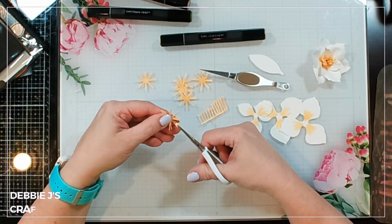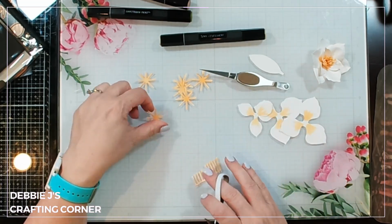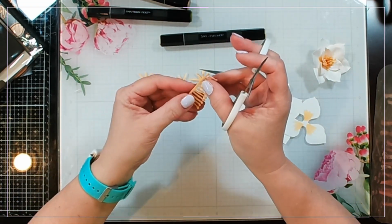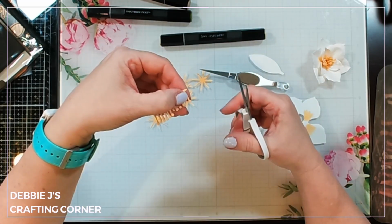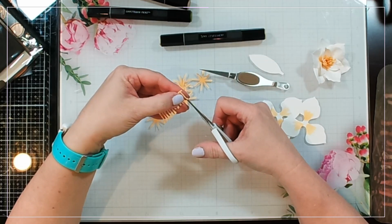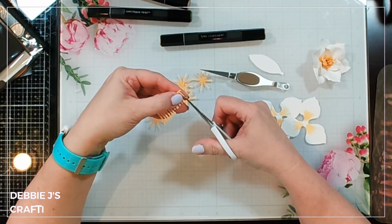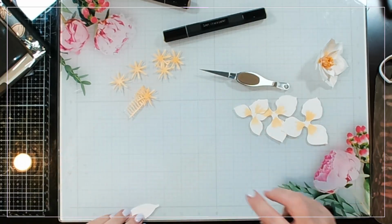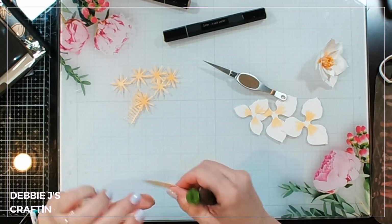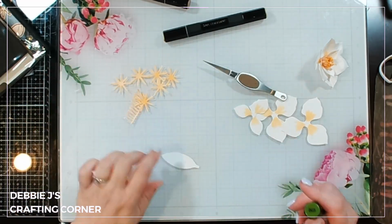And then for our stamen piece, we're going to do the same thing, except we're not going to cut all the way down. We're going to cut about 1/3 to 1/4 down, or 1/4 to 1/3. Anyway, partially down each of those. So now that we've got these all cut, I'm going to go ahead and color up the leaf too,